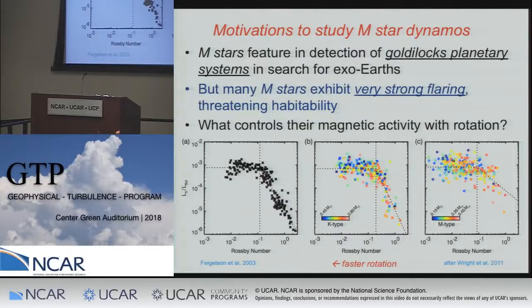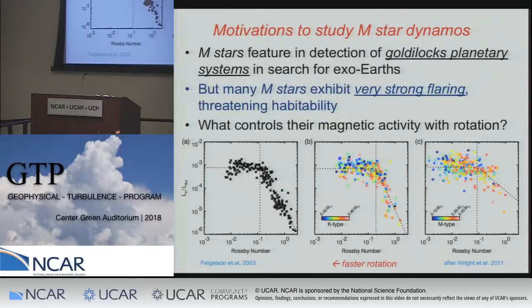However, there's a hooker with this. For reasons we really do not understand, we can speculate, very many of them exhibit very strong flaring and repeated flaring. And with it comes gamma rays and X-rays and a few other things that would also make habitability a little bit difficult. So mixed in with these, both the stars being large in number, but also threatening habitability on some of the exo-Earths that we're looking at, we should spend some time trying to understand the origin of the magnetism, some of its properties, and